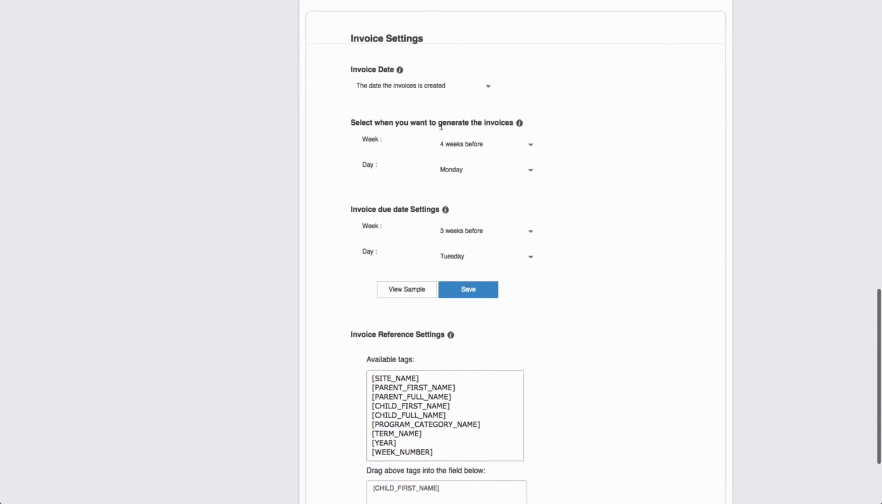Then we have select when you want to generate the invoices. So this will actually allow you to work out when you want Aimy to start generating. So the way we set it is we've actually done ours in advance. So 4 weeks in advance is when the invoice will be generated, and it will be generated on the Monday